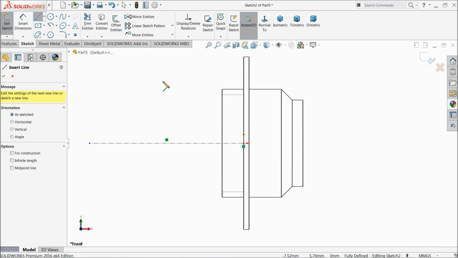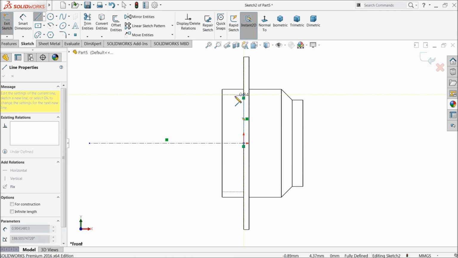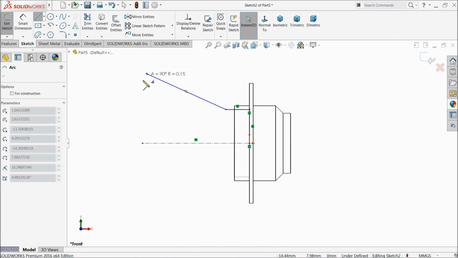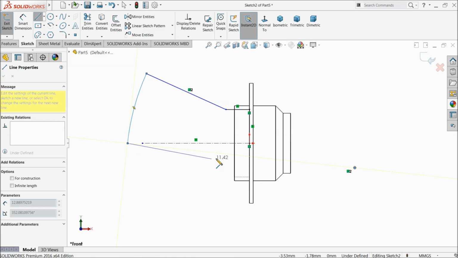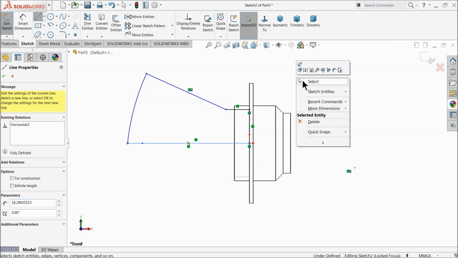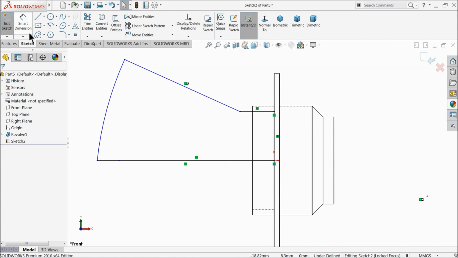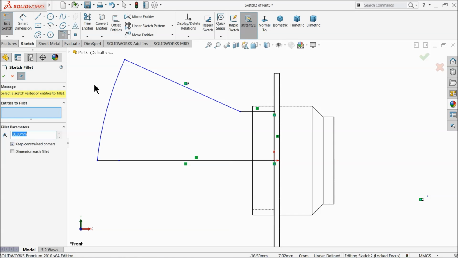Let's start with this point up to this point. Okay, then convert it into an arc and connect it with this line. Exit, fillet. Let's keep radius 3 millimeter. Okay,